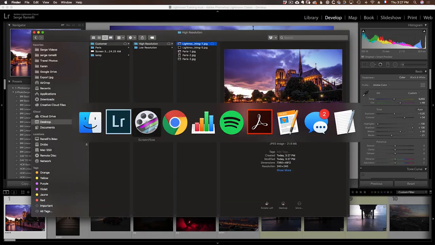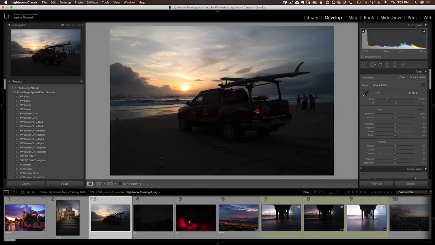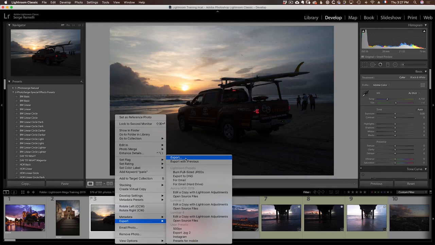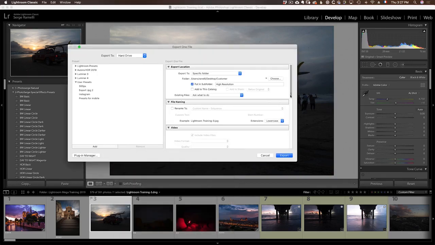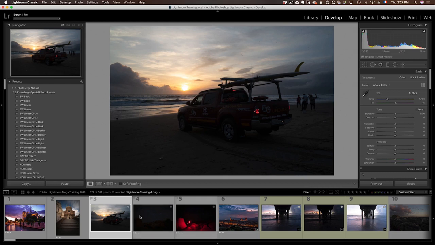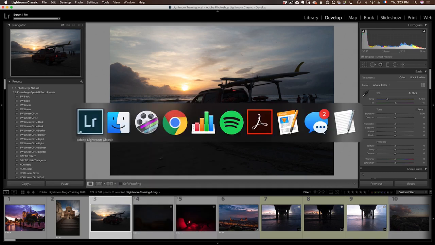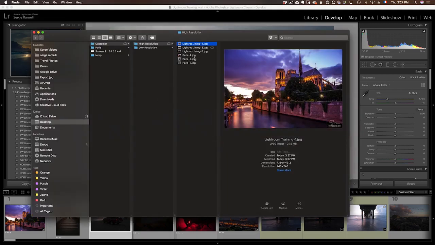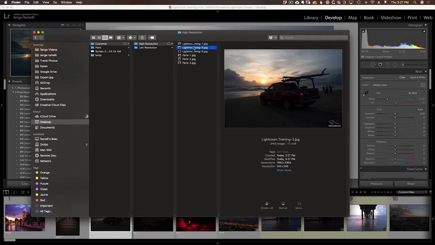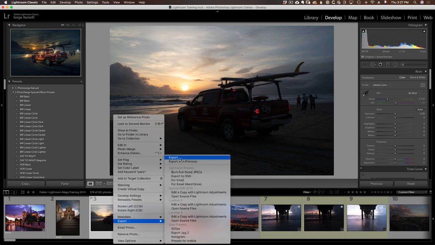And let's say I want to take another photo and use the same thing. I can take this photo, which is in retouch, and export, and by default it's still on. All I have to do is click export again, or I could have done a right click, export with previous, and automatically it's got that watermark. And if you want to change, let's say I want to have a black version, which is totally okay, I can go here, export.